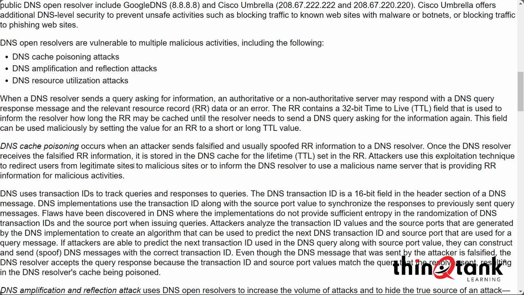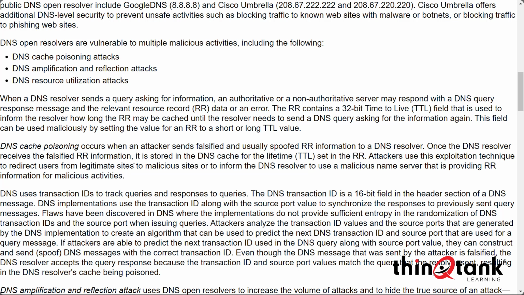We talked about the different sections of the DNS header that allow us to identify that particular transaction, and we kind of marry that with the source port that's being used in the request. But as an attacker, I can simply analyze those transaction ID values, and because there's not enough entropy in the process, I basically have the capability of predicting what the valid transaction IDs, or the future transaction IDs, would be,